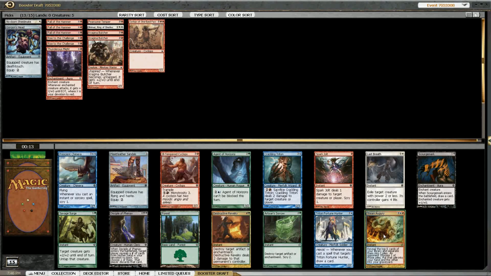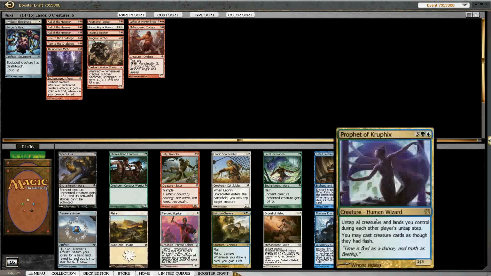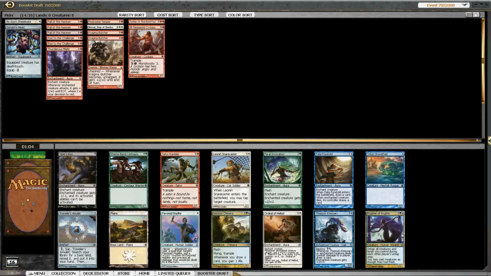So not a lot of options here. The only white card is Last Breath, so I can't even really force that. I guess I will just take the Ill-Tempered Cyclops. This may be the really, really wrong pick, but I don't like red-blue, and I guess that's really all there is to say about it. I do like Prophet of Krufix, and I guess...